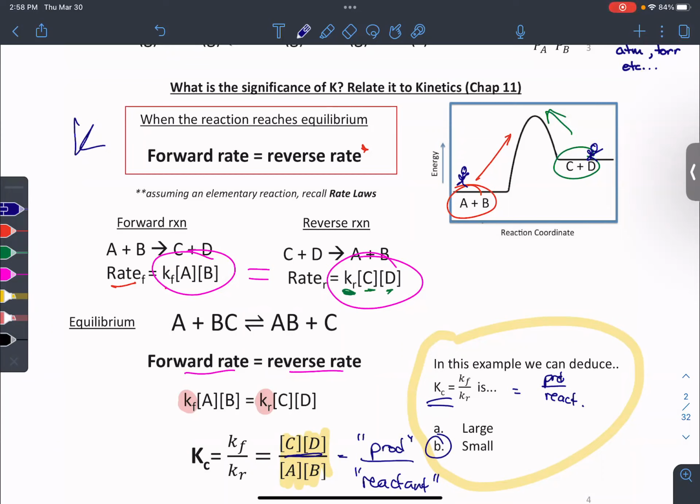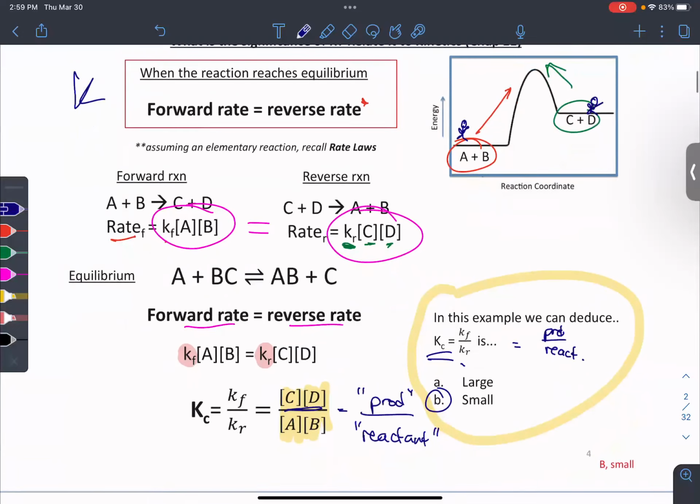All right. And so I like to think of it, if we look at this chemical reaction, it's endothermic. If I had 100 children and I put them on this playground and I just let them run wild, sometimes they go over the hill, sometimes they don't. If I come back a little bit later and I look at it, most of them will probably be on the low energy side, right? You'll have more reactants present at chemical equilibrium because that's the low point. And that's essentially our relationship between rate constant and this new idea, chemical equilibrium, and products over reactants. All right, so that's where we're coming from.